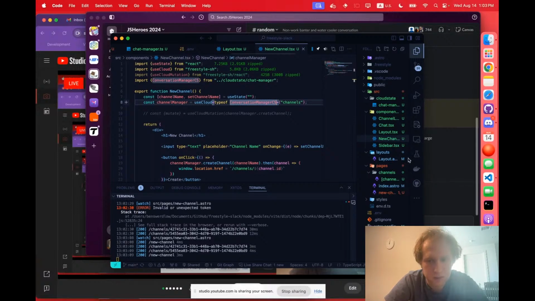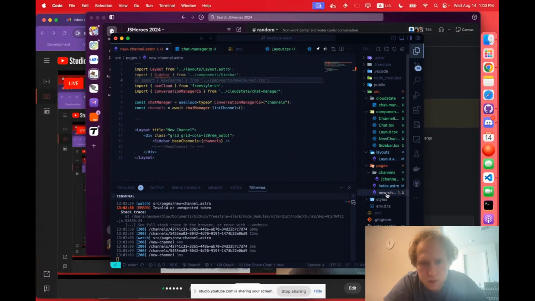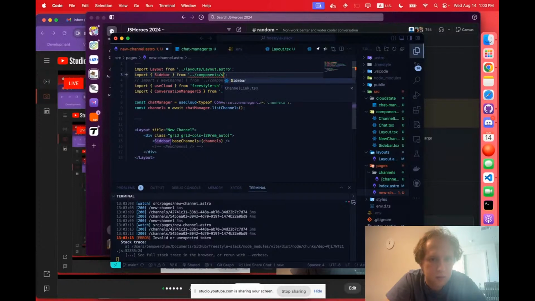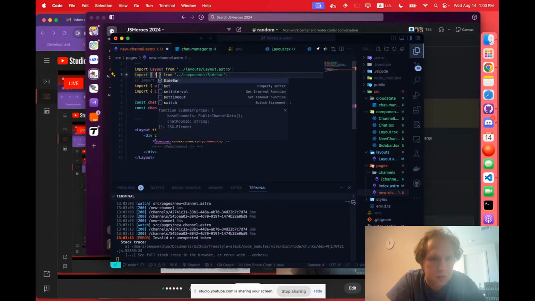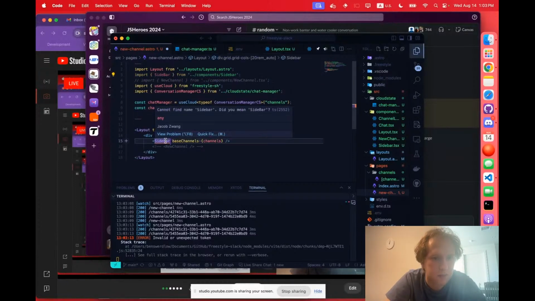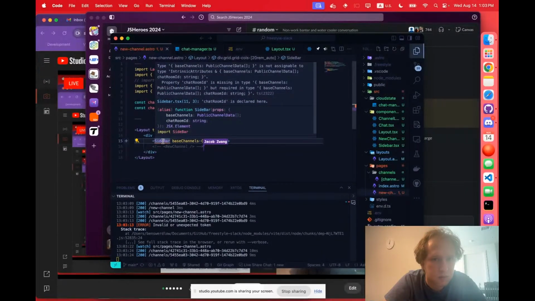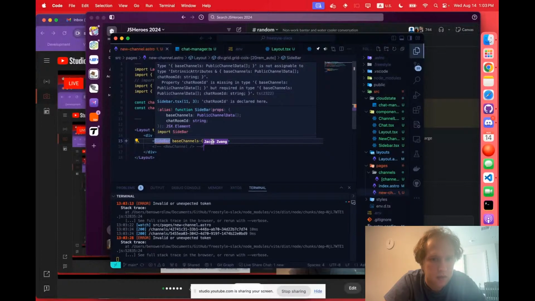All right, let me take a look at your code. It's when I add in the sidebar component that I get a syntax error. You named it sidebar. Oh, why is that a syntax error? Astro's syntax, like error handling, is not great. And it needs a chat room ID,